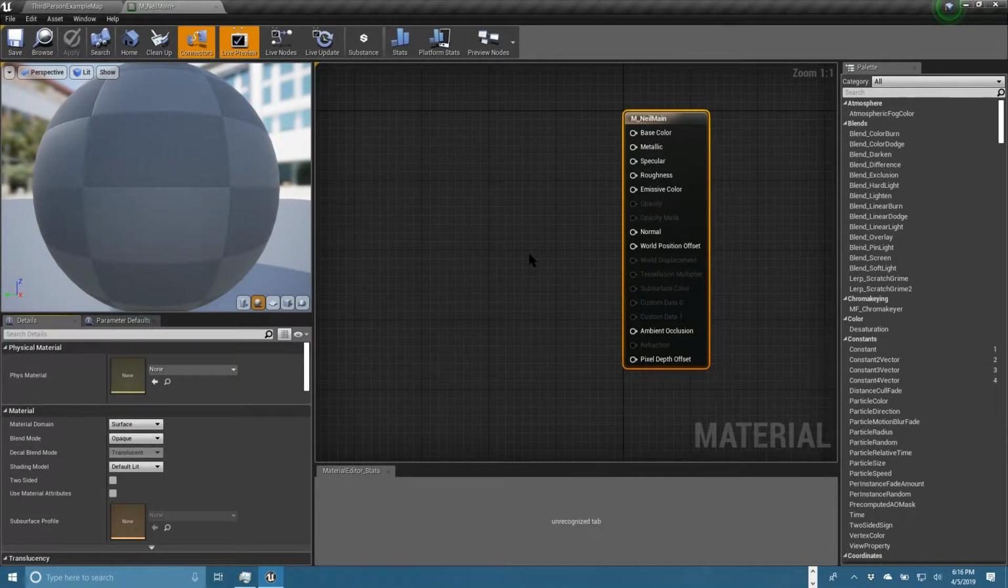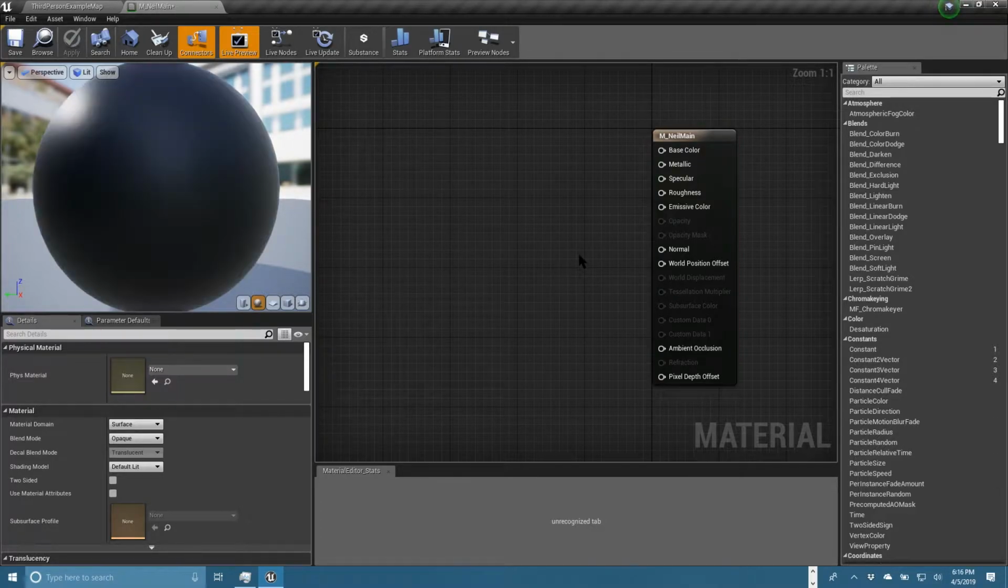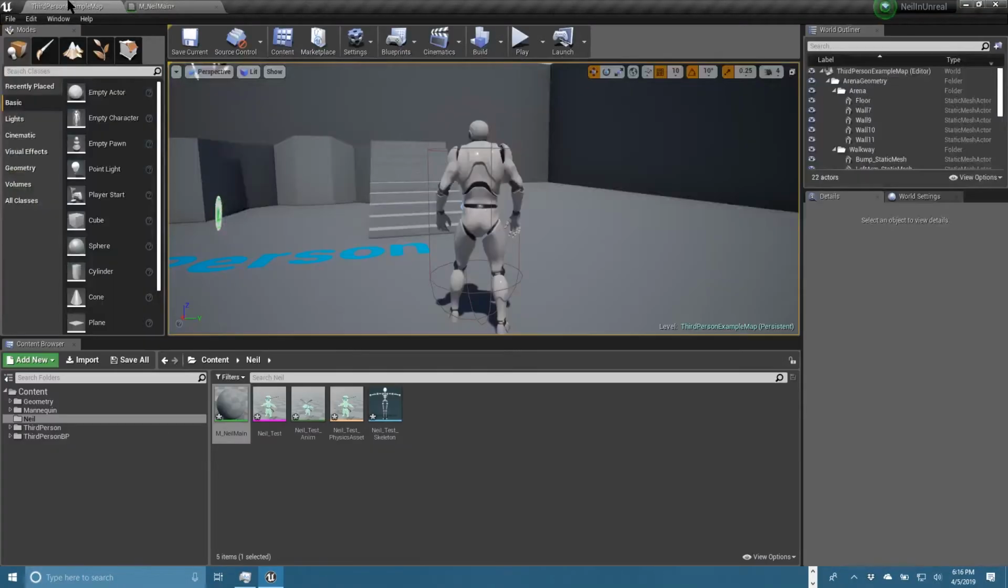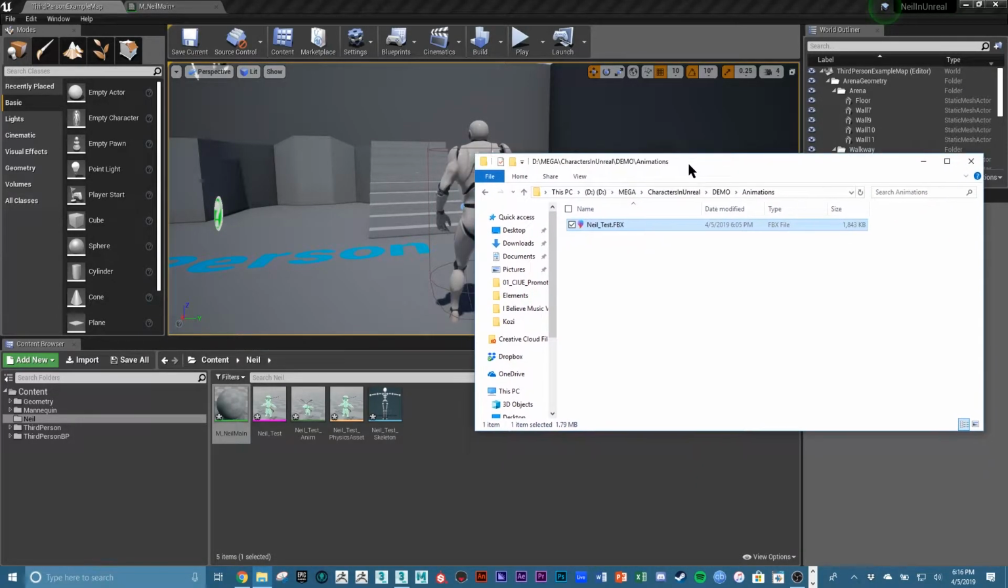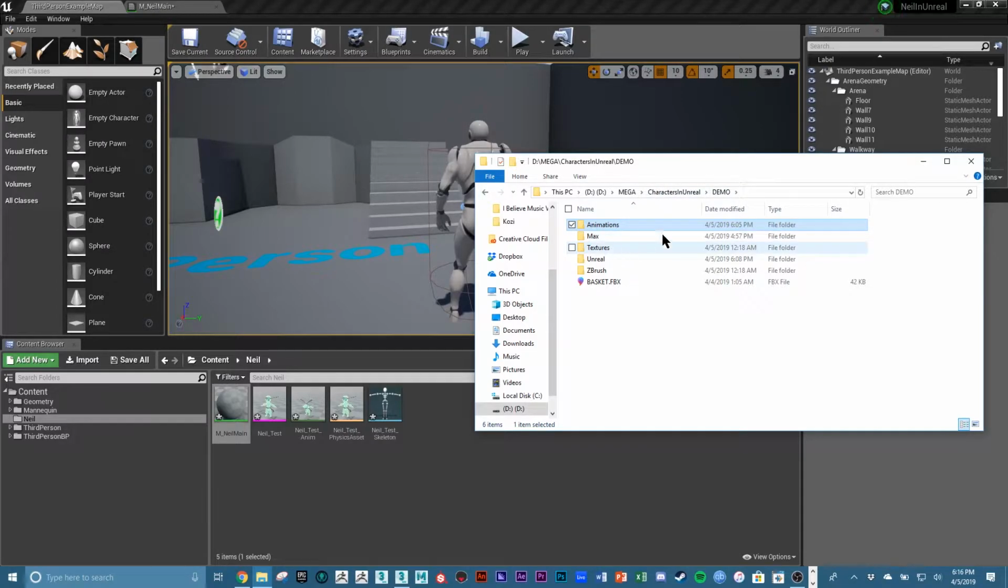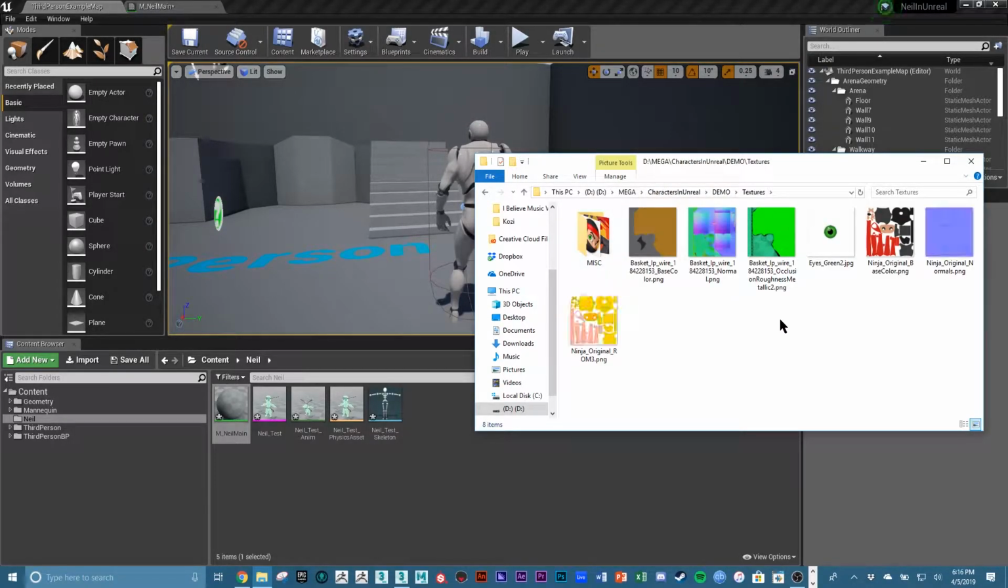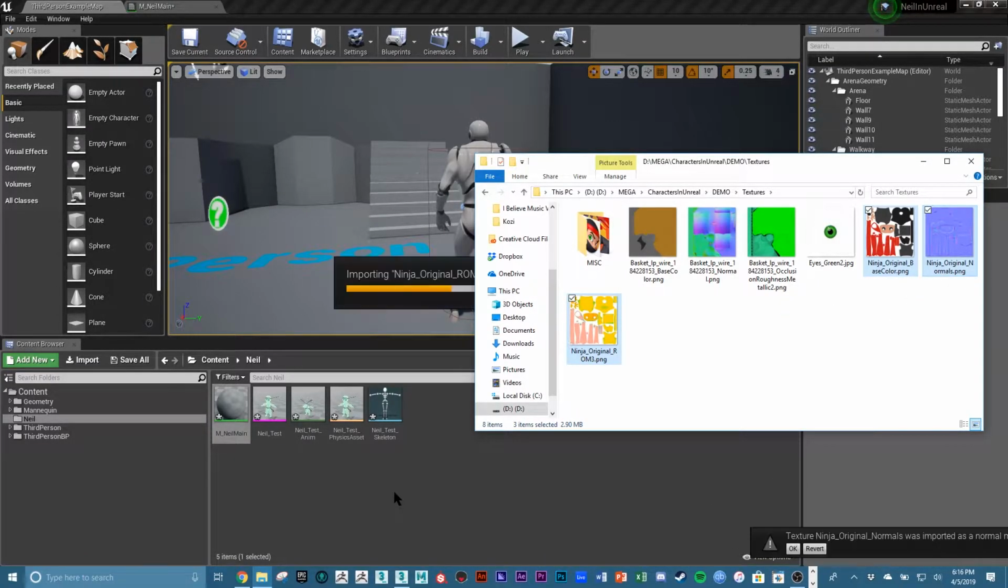But all we really need to do is take the textures that we exported from a software like Substance or 3D Coat and bring them in, or even Photoshop. And to do that, we actually have to export it and import it into this content browser here. So I'm going to locate those textures where I have them right here. Textures, and we're going to import these 3 textures. I'm going to click and drag them in,